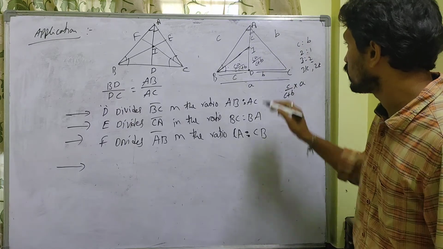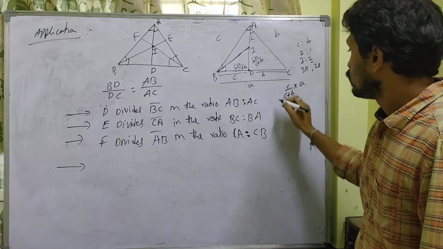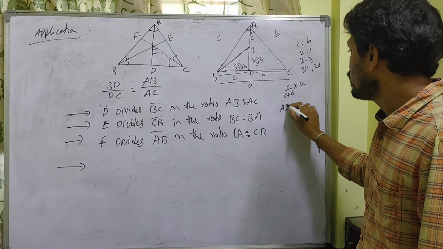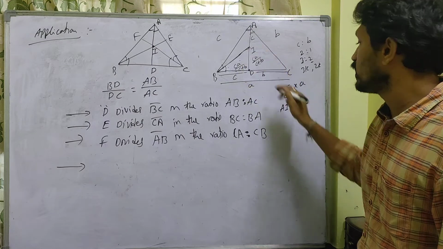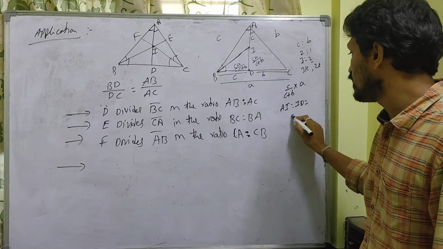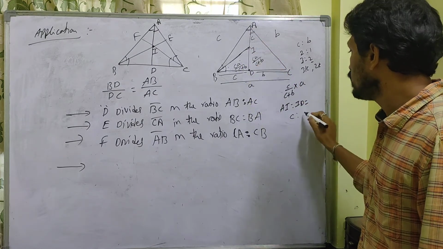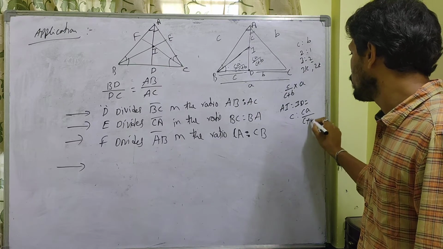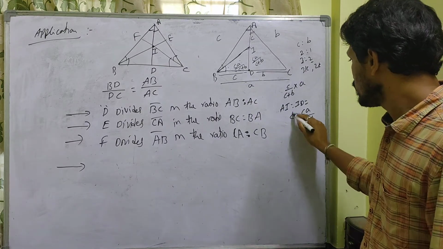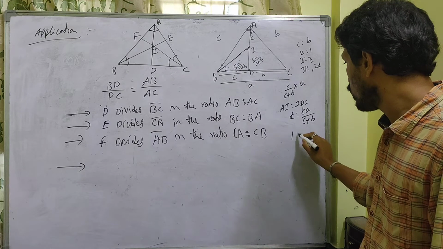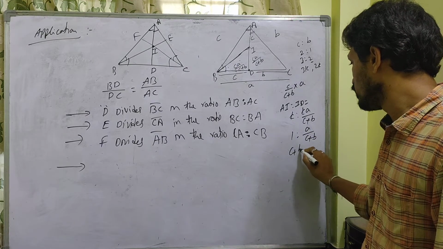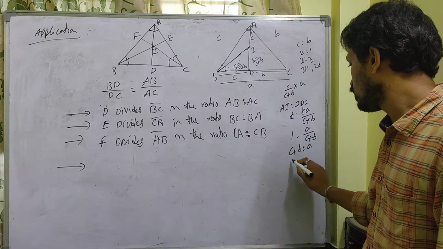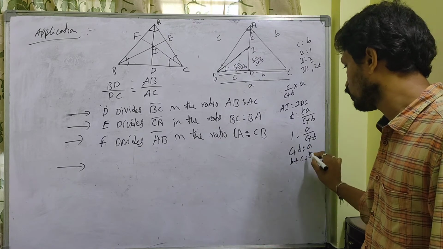Okay, once you remember. So that is nothing but, now what can I write? AI is to ID is equal to, how can I write? AI part is C is to, this is nothing but CA by C plus B. So this C gets cancelled. So what you have, 1 is to A by C plus B. How can I write this one? C plus B is to A. Or in other words, B plus C is to A.